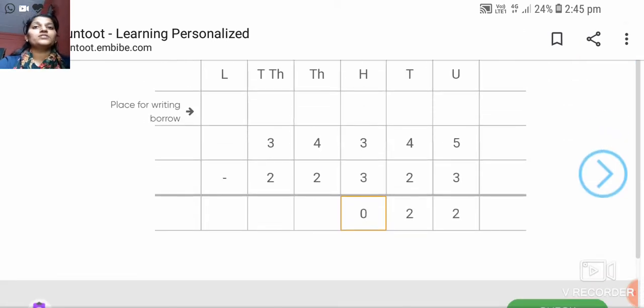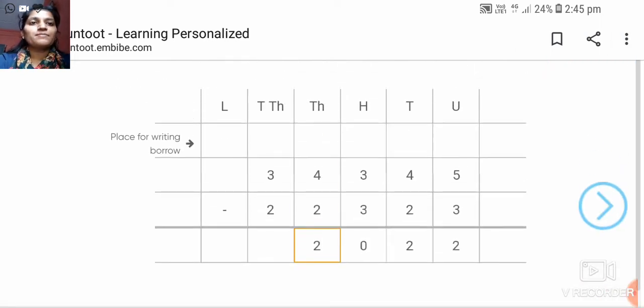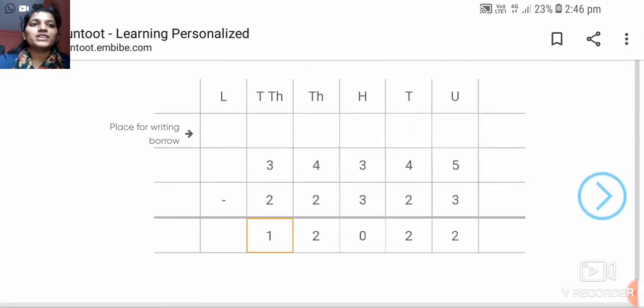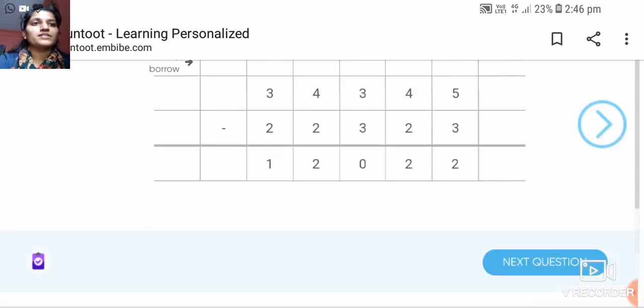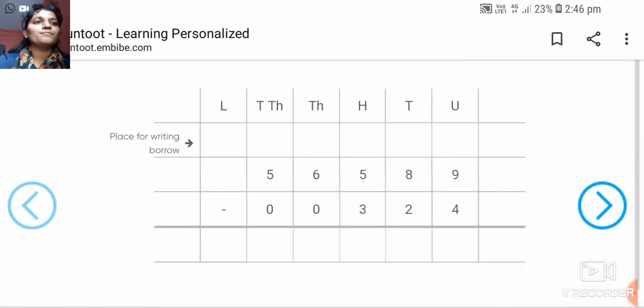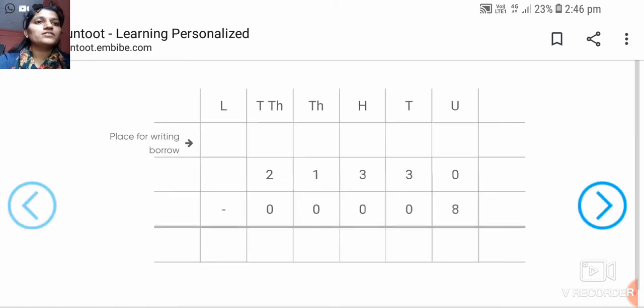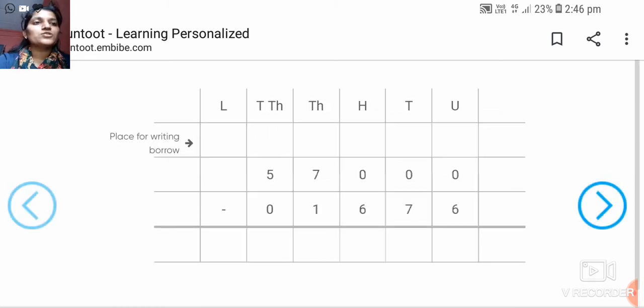I must say that you should use this Fun2 tab so that you can also solve the subtraction sums. Okay, thousands place 4 minus 2, 2. Ten-thousands place 3 minus 2, 1. Now let's check our answer. Our answer is 12,022. So let's check our answer. Yes, our answer is correct. So students, this blue arrow, can you see? You have to just click on this blue arrow so that you can solve other questions also using the Fun2 app. Okay. So students, I hope today you will use the Fun2 tab for subtraction.